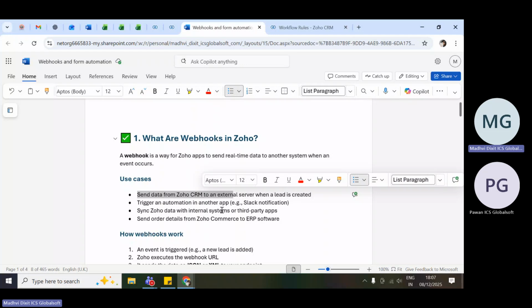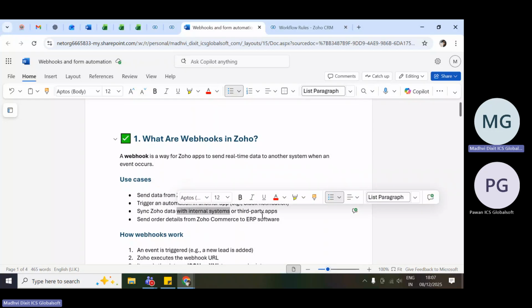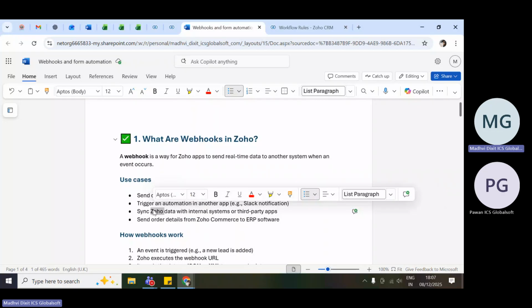So Razor Pay is a third party app, and with Zoho as the internal system, whatever status we capture from the third party, like pending, done, complete, or server issue, we sync that status with Zoho CRM or any other Zoho platform. So this is how we use a third party app with the webhook. Sending order detail from Zoho, I'm explaining with the same thing. The same example we can take for